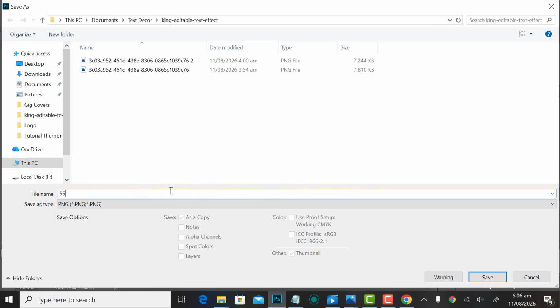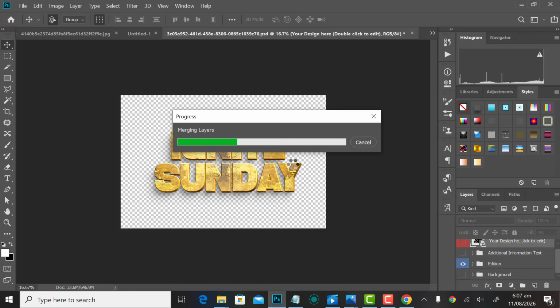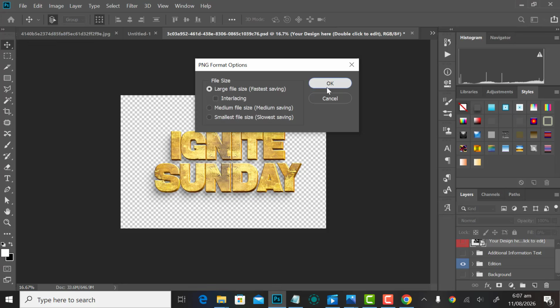So let's just name it 55555. You're going to save it in PNG into that same folder, or you can choose whatever folder you want to save it in, right? Just a moment. All right, so